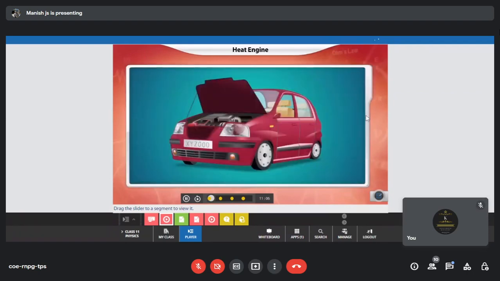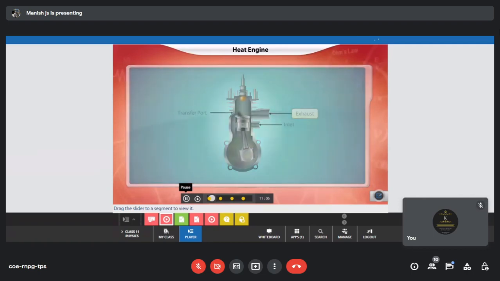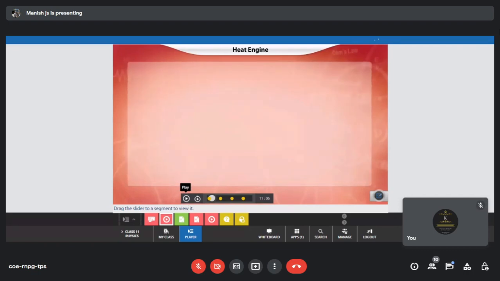For example, a petrol engine generates heat by burning petrol. A part of this heat is used in driving pistons that eventually move the vehicle. Some of the heat is dumped out of the vehicle through the exhaust pipe. Did you understand? So all the heat we supply is not necessarily made to work. Some of it is used to drive the piston, and some of it goes out as vehicular exhaust, the silencer as we call it. There are different vents where this heat is going to escape out of the system. Therefore it's not 100% efficient.